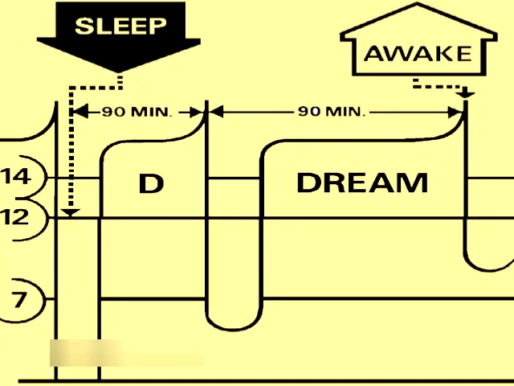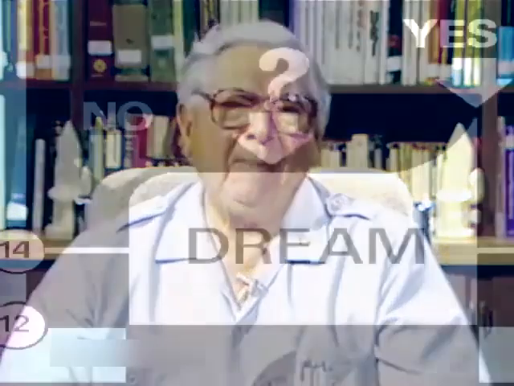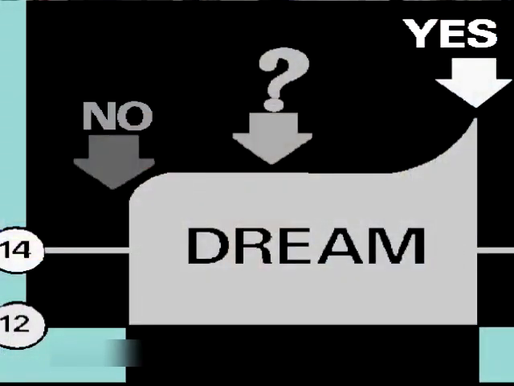Some people claim that they do not dream. It is known that everybody dreams, but the problem is they do not remember the dreams. And some people claim to dream in black and white. Some people claim to dream in color. So you can correct all of this. If you're dreaming in black and white, you can learn to dream in color. If you don't recall your dreams, you can learn to recall your dreams. Now it is important that one will program oneself or learn to remember one's dreams.